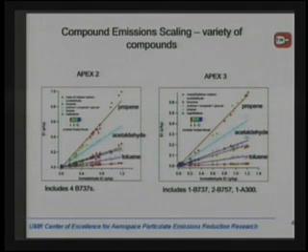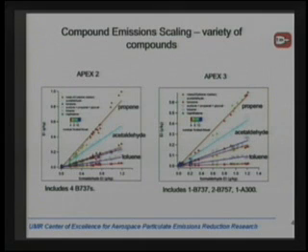We actually had to average over a number of different conditions, which had a significant variation. We were confused by that initially because we thought, if you're at a power condition, you should get a certain amount of hydrocarbons. And we were getting variation. We were worried about our instrumentation, but it turned out to be very reproducible and connected to the ambient temperature. So in addition to variation with power, we had a variation with ambient temperature, which we could average in one